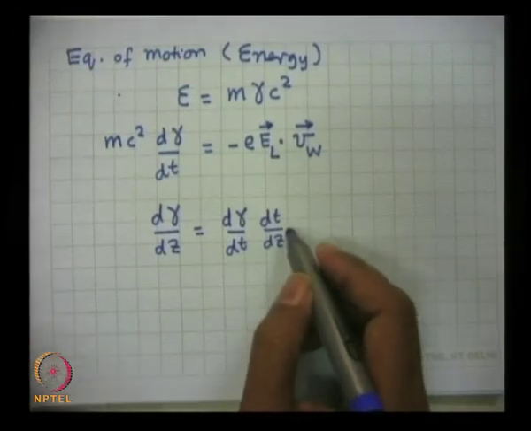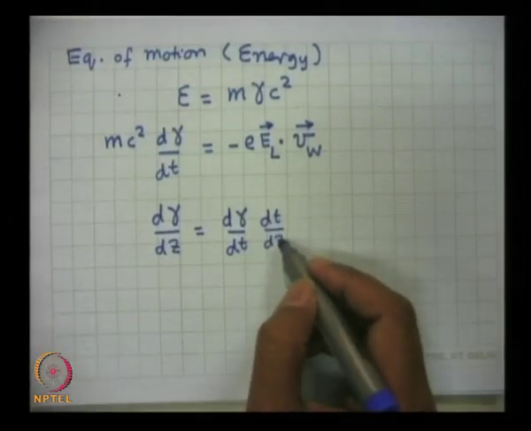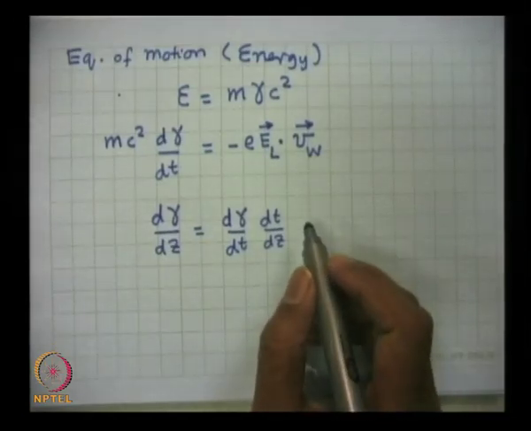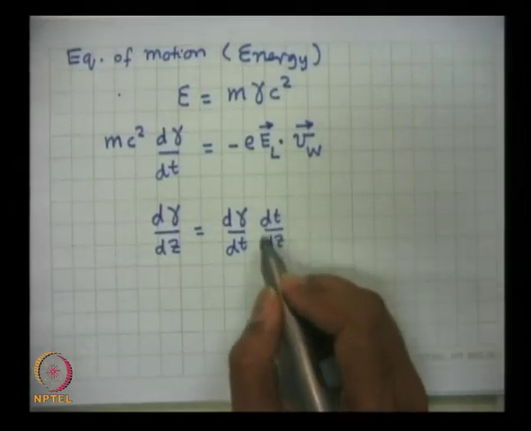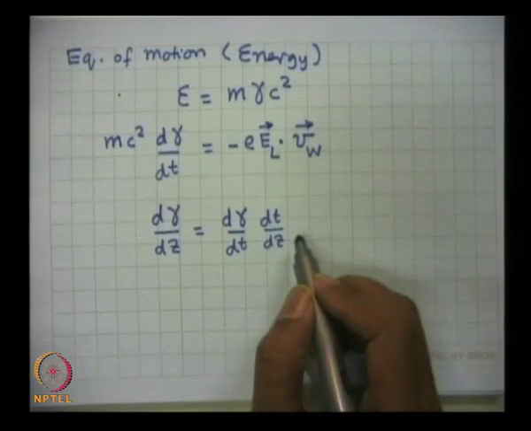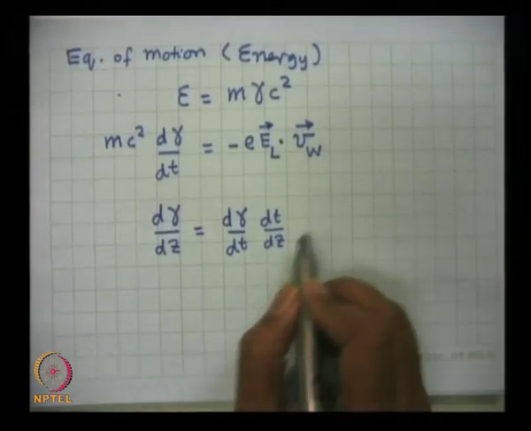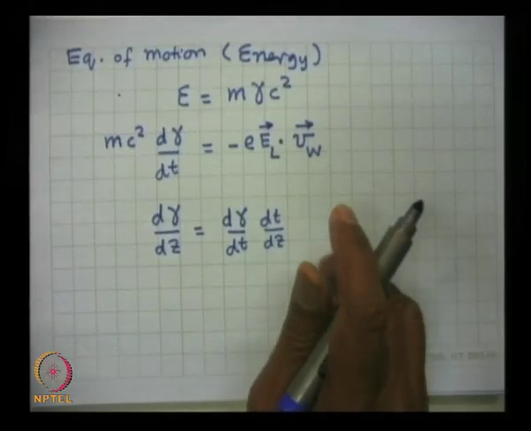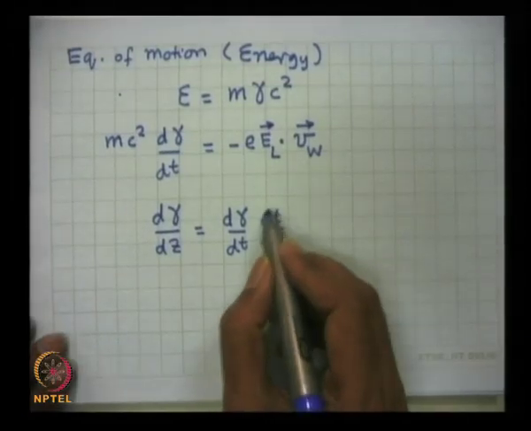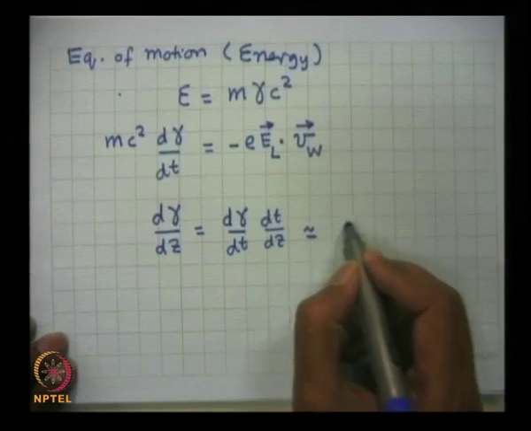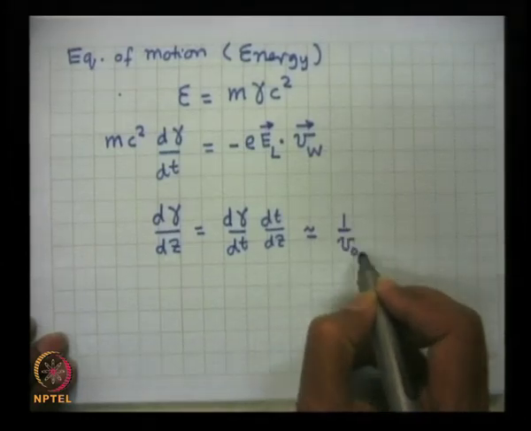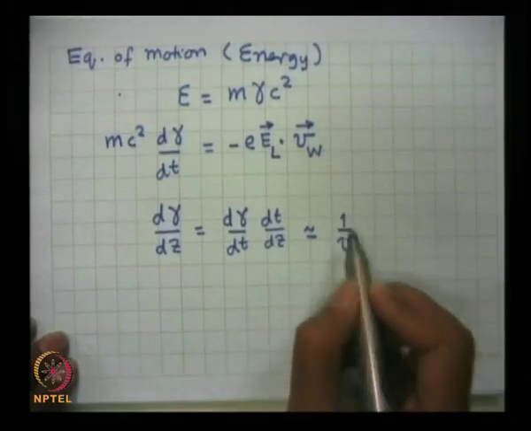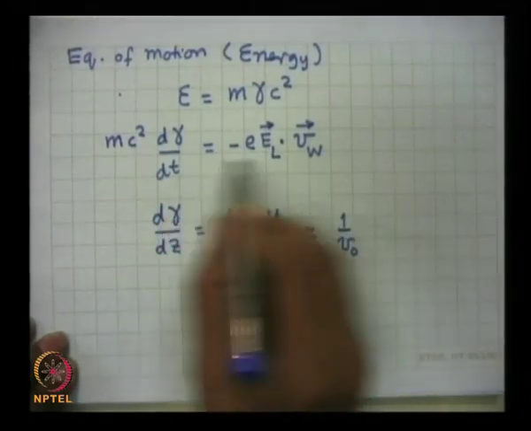and dz by dt is the electron velocity, and electron velocity, initial velocity is V0 and then it slows down as the electron loses energy to the radiation field. In the limit when the energy lost to radiation is small, I can replace it by simply 1 upon V0. So, dt by dz is 1 upon V0, the initial electron velocity, and d gamma by dt from this equation